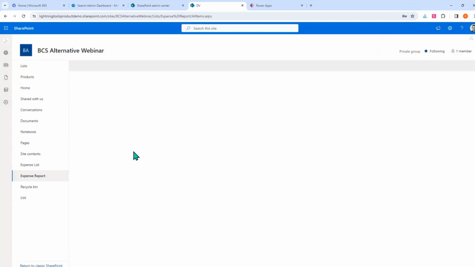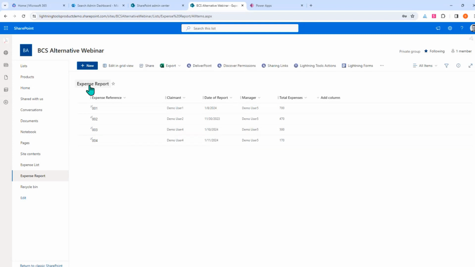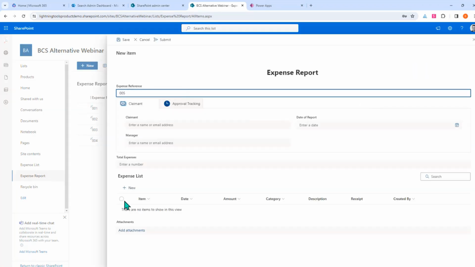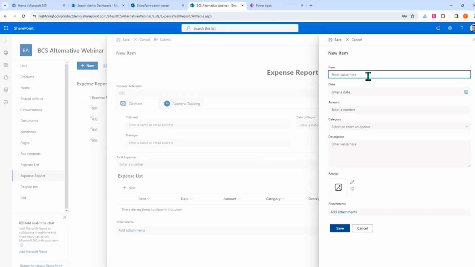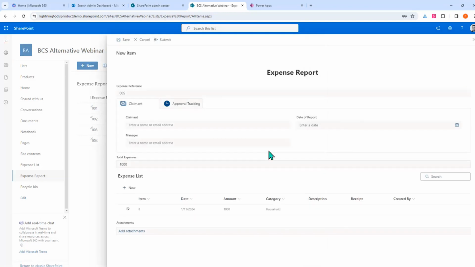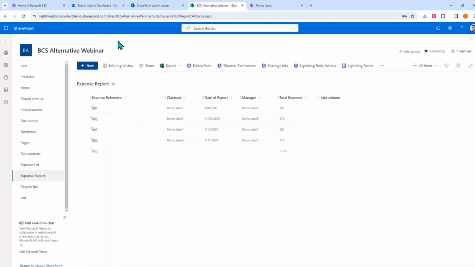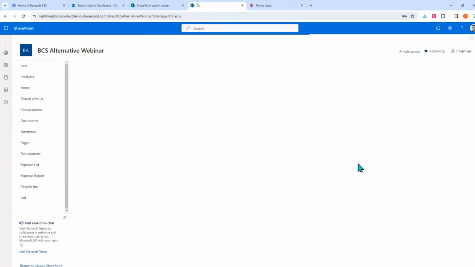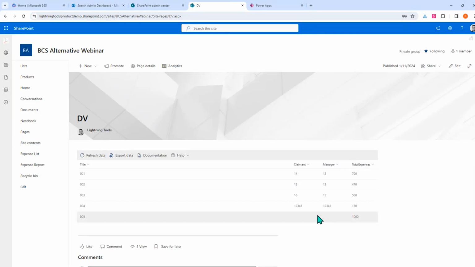So we'll go into our expense report. So that was our fourth one with total expenses of 170. And let's just put one more item in there. Okay, so we should have item number 5. And you can see how that's already been queried through the data viewer as that's been published back into the